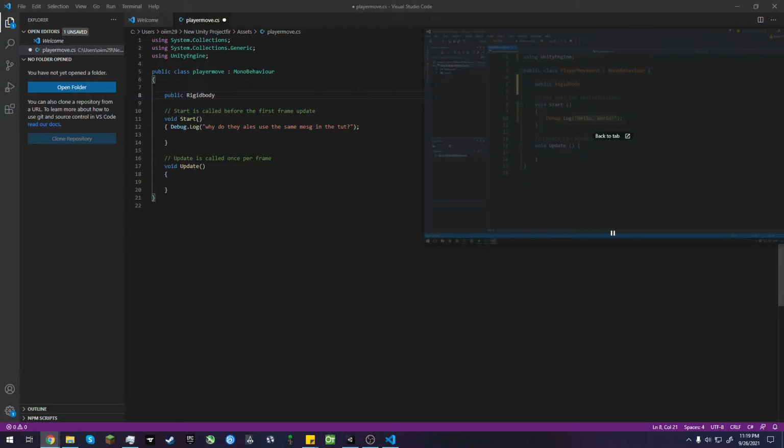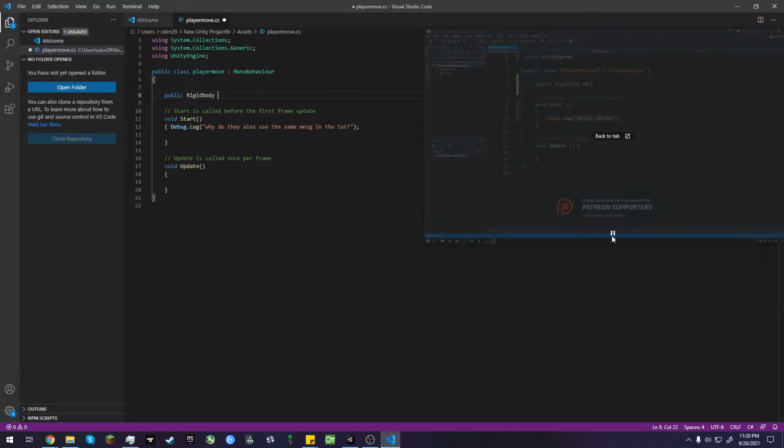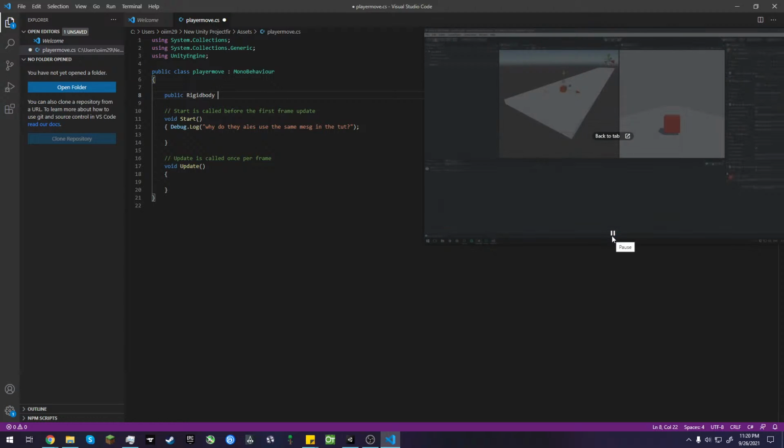Now we need to give this reference a name that we'll use internally, so we can call it something like RB for rigid body. If we save that and hit back into Unity, we should